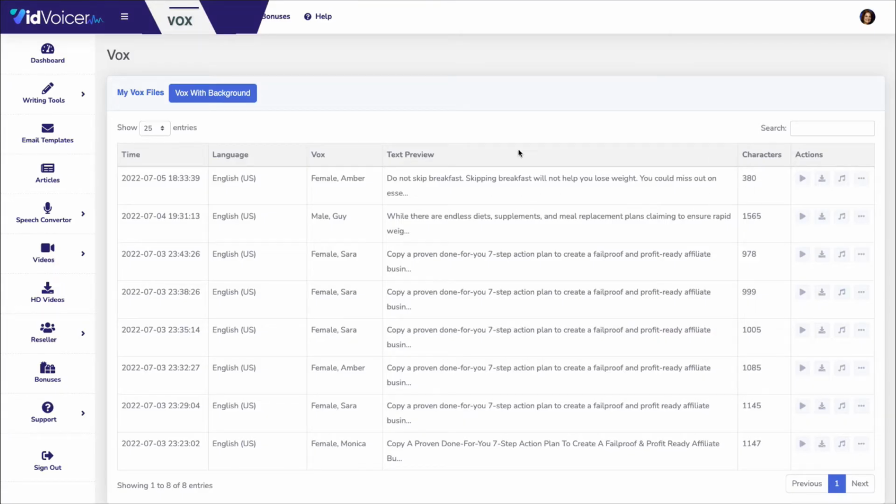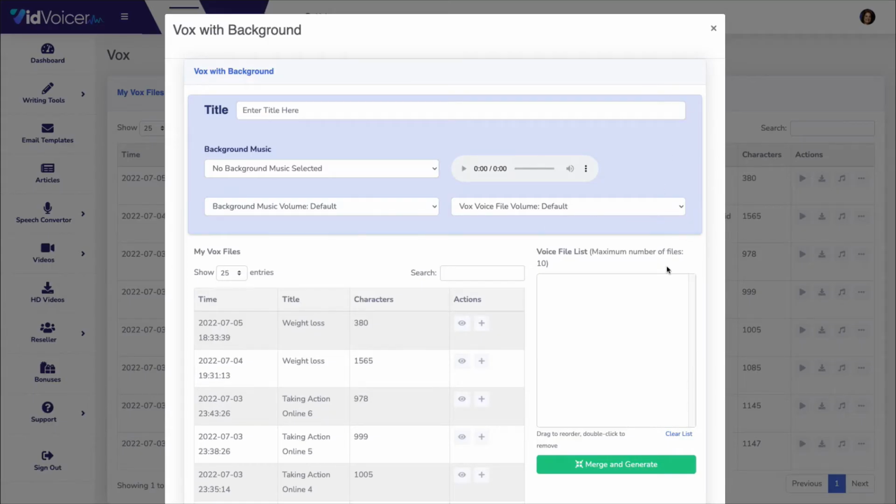So there you go. That's what this voiceover sounds like using the female Amber. Now here you can download it if this is something that you're creating for a client. When you click on the music note icon, it brings up an editing page. So now, instead of having just the Vox by itself, you can edit it to have your voiceover with a